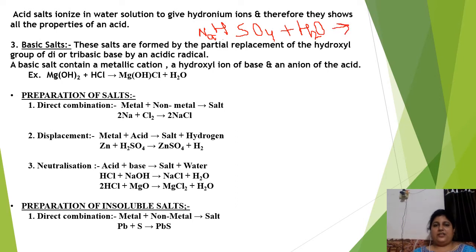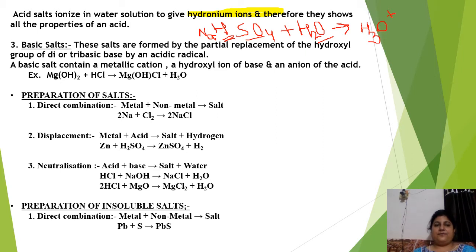Now firstly it loses this hydrogen ion, which is accepted by this water molecule. We all know very well that water is amphoteric. When it reacts with any acid, it behaves as a base, and this salt is an acidic salt, so it behaves like an acid, and the hydrogen ion will be lost, which is accepted by this water molecule, and it forms H3O positive. Okay. So basically when an acidic salt gets ionized in water, it always gives you hydronium ions.